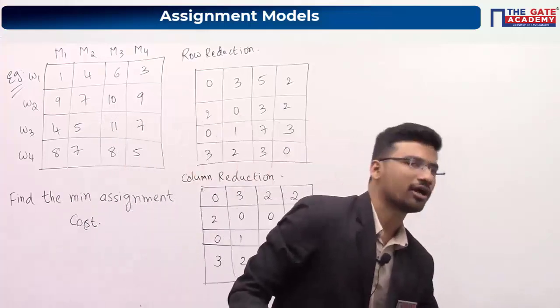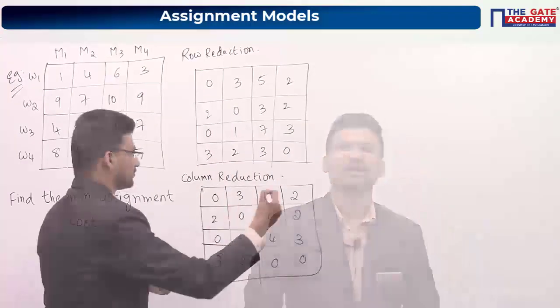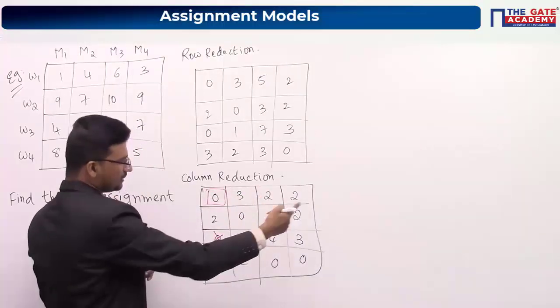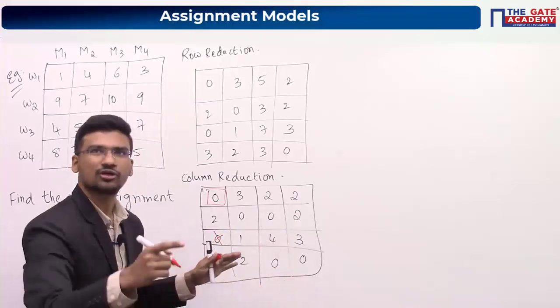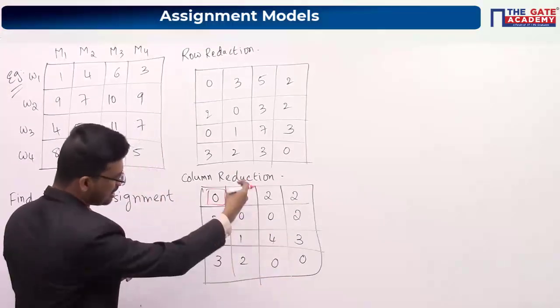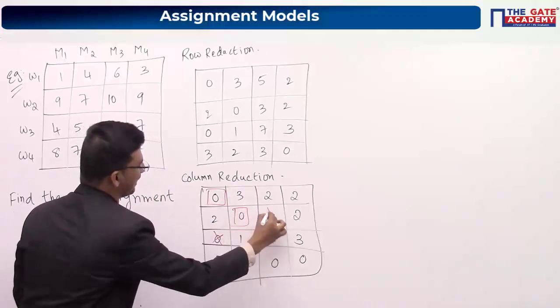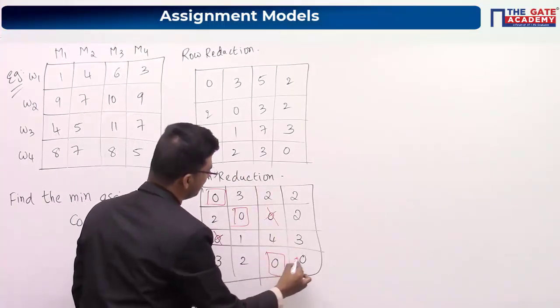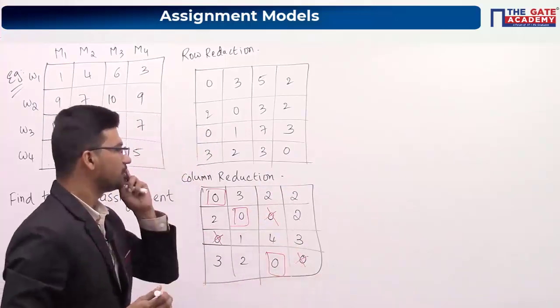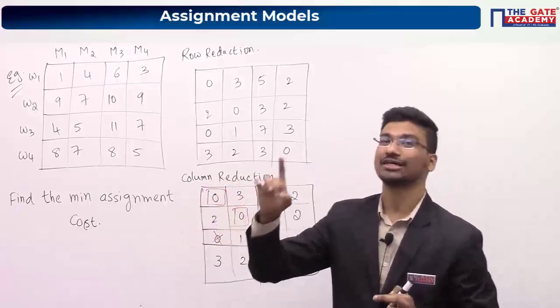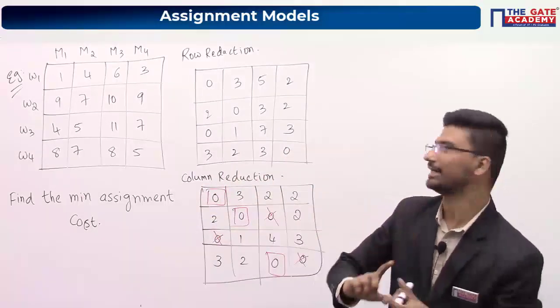Now after column reduction, what do you have to do? Single 0 row, this one, cancel this 0. Now there is no single 0 row available. If a single 0 row is not available, look for the single 0 columns. Maybe you can assign here, cancel this, and single 0 column, assign here, cancel this. Now we need 4 assignments, but we got only 3 assignments. So use the straight line method.